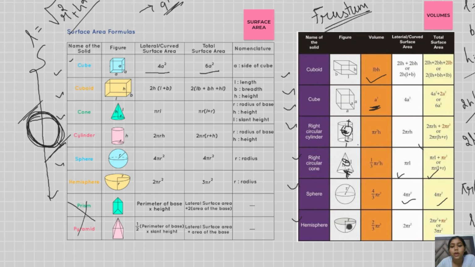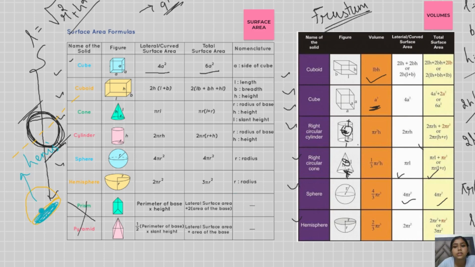Moving ahead, when you cut this particular sphere in half, you will get this type of figure, something like this. This is known as the hemisphere, half of the sphere. In this case, you can see that a sphere has no roof or ceiling, but the hemisphere has a base, so it has a different curved and total surface area.